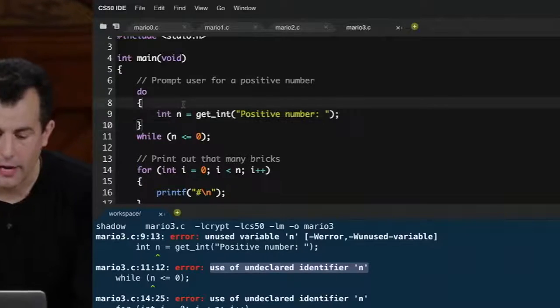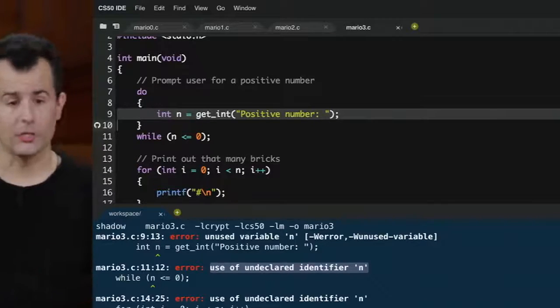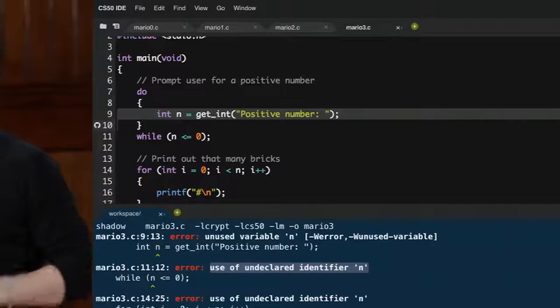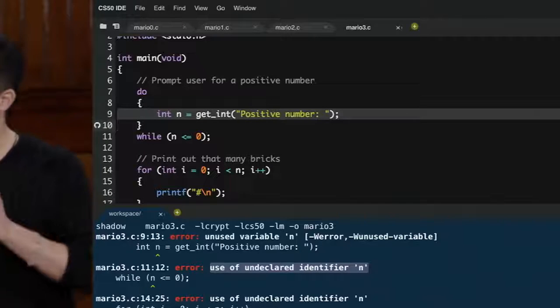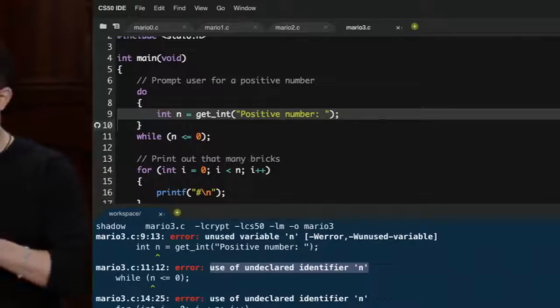So what does that imply here? Well, on line 9, I am on the left-hand side declaring a variable. Hey, computer, give me a variable called n, and it's going to store an int. That's the story we keep telling. But the problem is I am doing that in between lines 8 and 10, curly braces, and I claim today